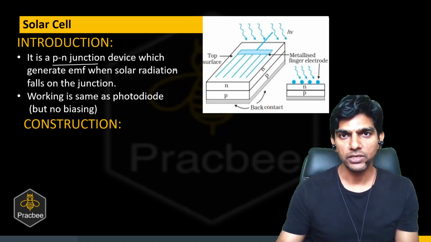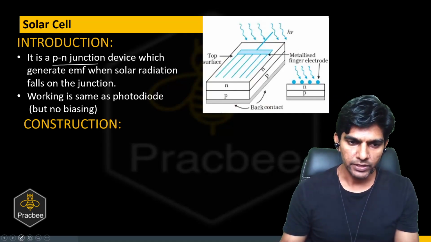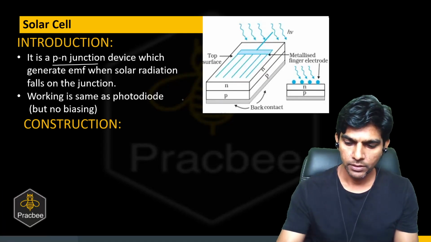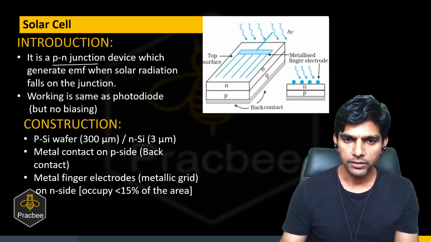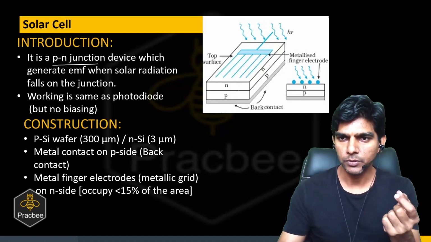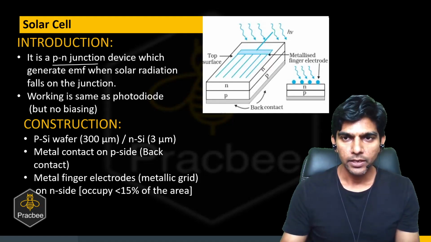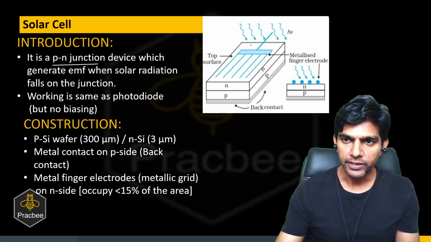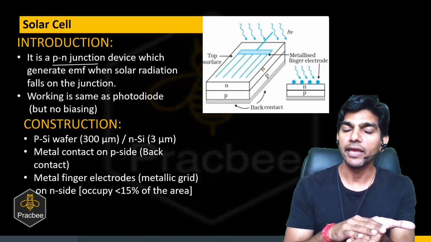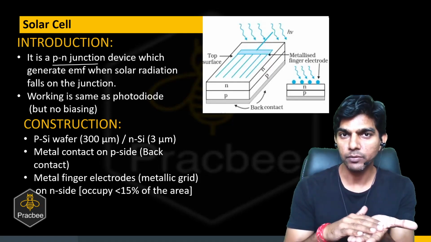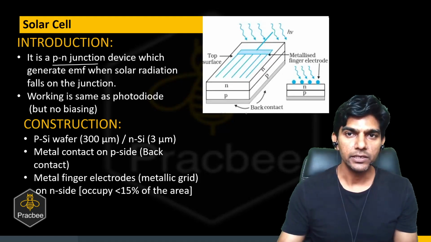So this is the diagram which I got from the NCERT book. So can you see we have a PN junction here, and if you look, the P side is thick, and the N side is thin. The purpose for that would be we want to absorb photons near the depletion region, and on the N side, we have metallized finger electrodes. Why do we use finger electrodes? So that we can expose as much area as possible so that the photons can be absorbed near the depletion region. And the back side, there is a back contact on the P side, which is again a metallic contact.